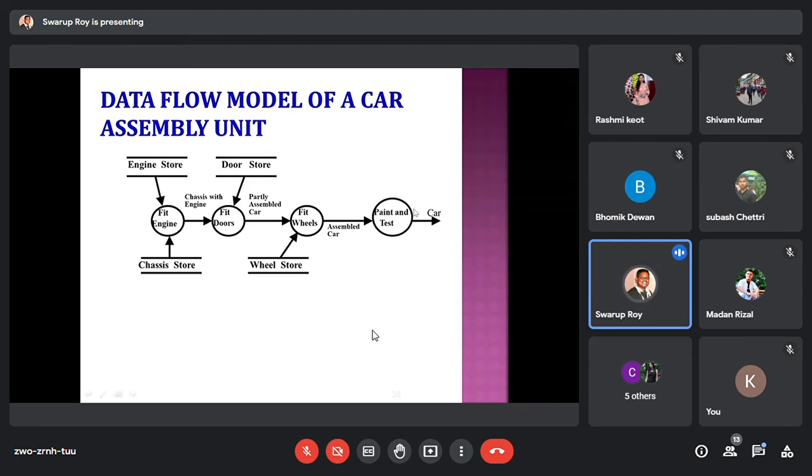So that means paint and test is depending on fitting the wheel. Fitting wheel depends on fitting doors, or you may think we can do all those phases parallelly, fit engine, fit door, fit wheels, but you cannot do painting and testing before all those phases.